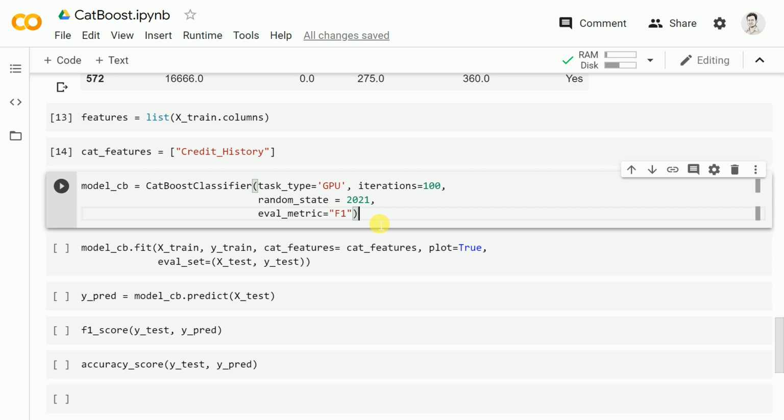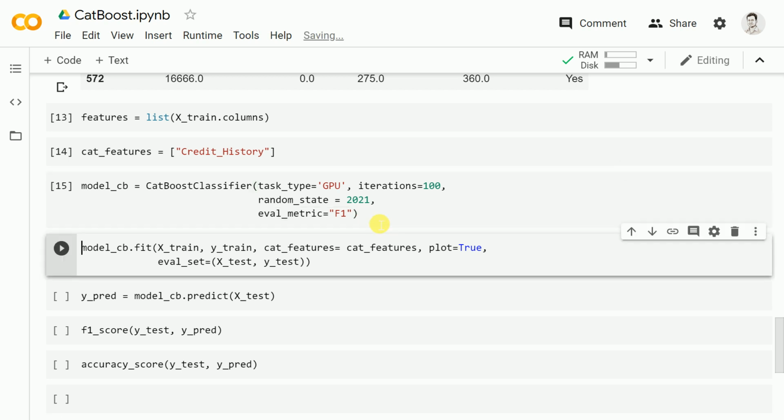And the number that I've chosen is 2021 and not 2020. Considering how 2020 is shaped up so far, I don't want this number to appear again. So that is why I'm avoiding this number as well. And I want to create a model by specifying what metric I'm chasing. So I want a really high F1 score and not just the accuracy piece of it. So that is what I'm specifying here as well. And let's create the instance by running this cell.